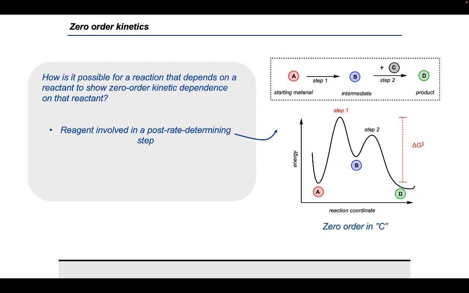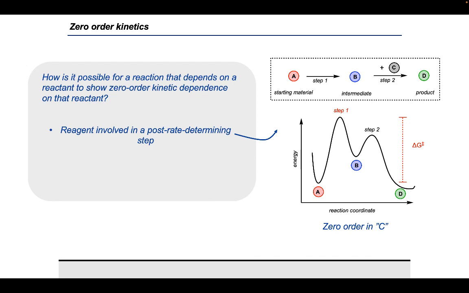Now, one thing I wanted to talk about is, how is it possible for a reaction to exhibit a zero-order kinetic dependence on a reactant that is required for the reaction to take place? That might seem sort of unintuitive. Well, one possibility, and this is, again, usually the situation, is that the reagent in question is involved in a post-rate limiting step. So if we come back to our initial example on the first couple slides, we would expect